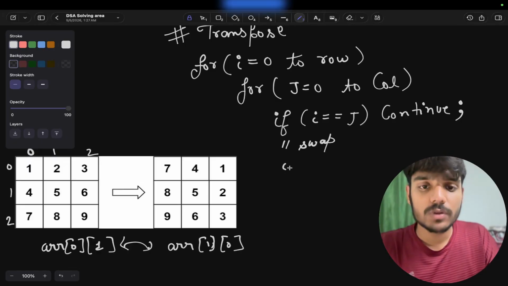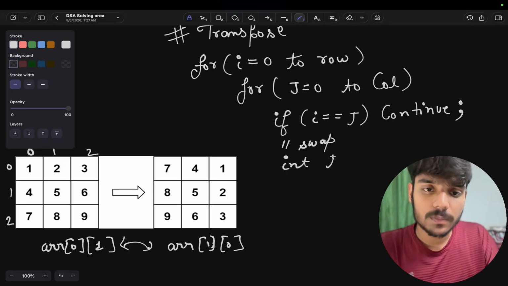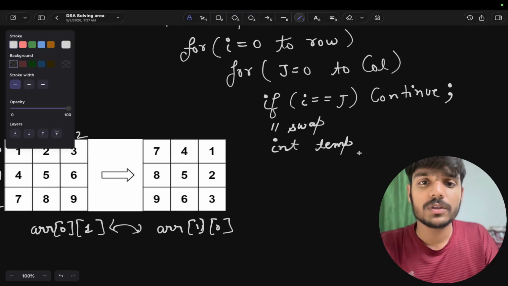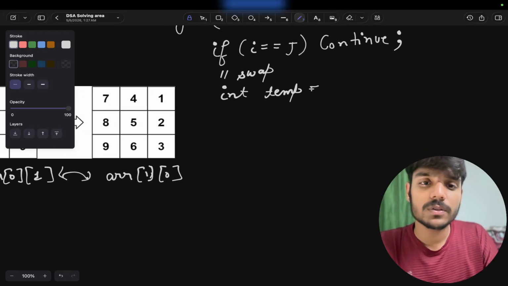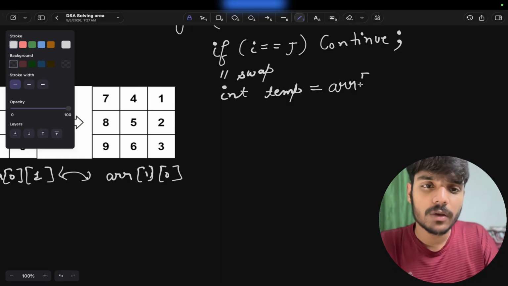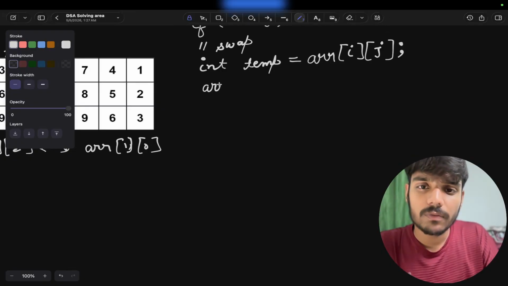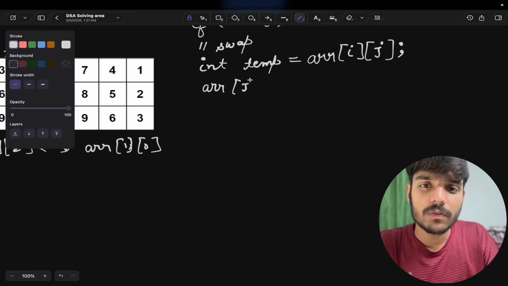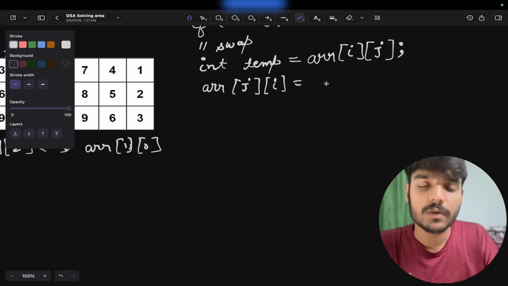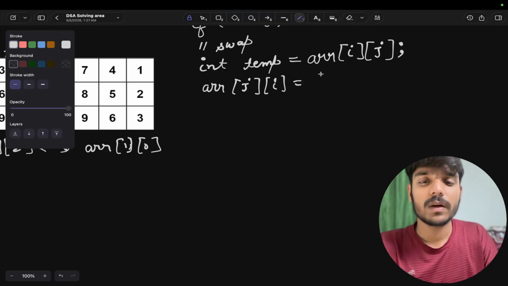Swapping values needs a third person, a temp, where temp is equal to arr of i of j. That's my current state, i of j. And arr of j of i equal to